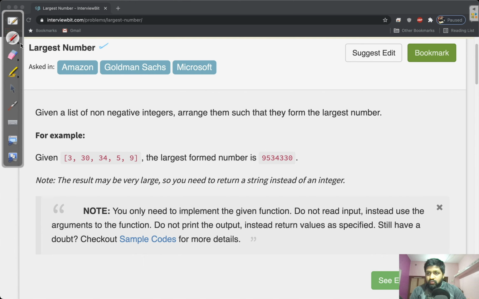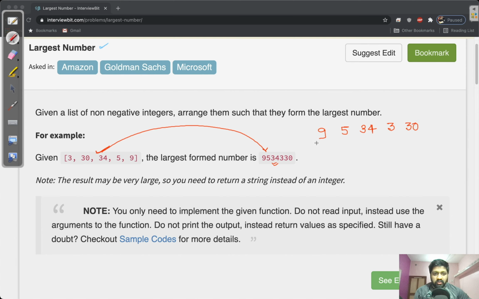In this, what we need to do is, we are given an array of integers, and we have to find the largest number by arranging these elements in such a way that we get the largest number. What I mean by largest number is, if I arrange these numbers like, first I will take the integer 9, then the integer 5, then 34, then 3, and then 30.